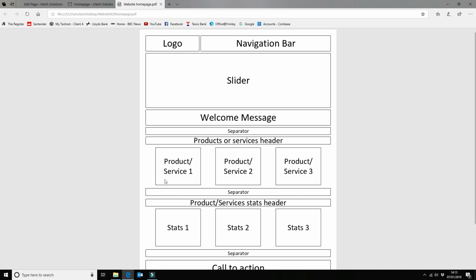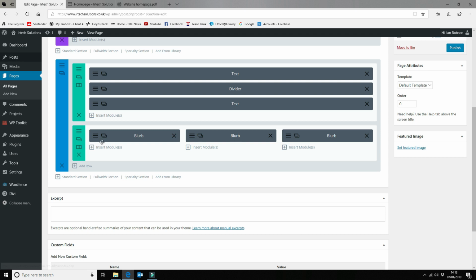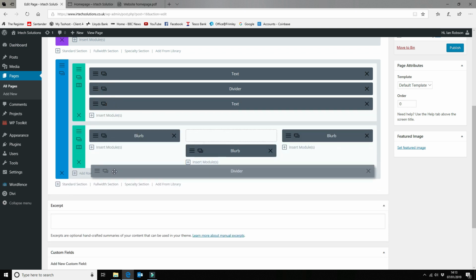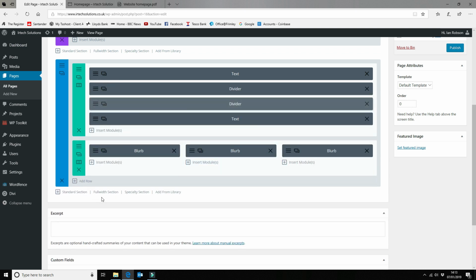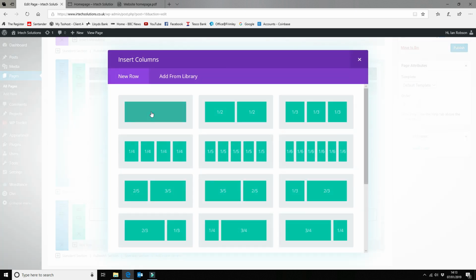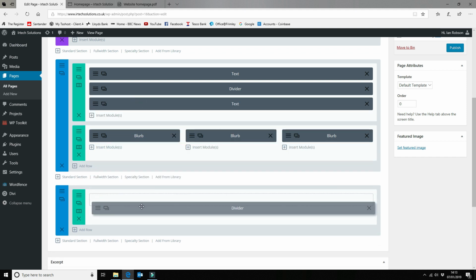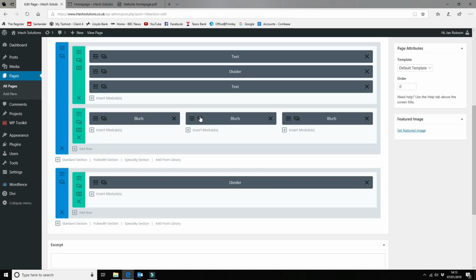So that's the product and services. Now the next thing that we wanted to do was to add another separator. So we're going to go back here, but what we can do is we're going to be using the same one. So let's use that. We can't at the moment, so we need to add another standard section with a single layout,